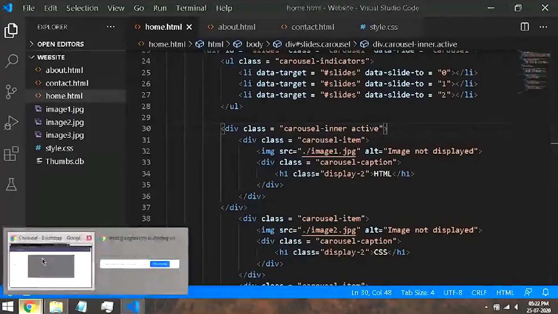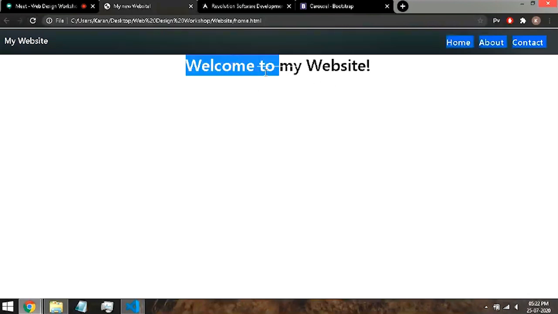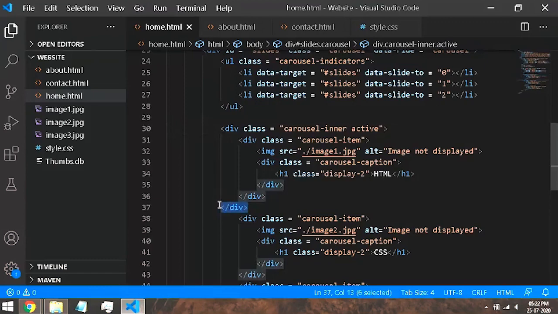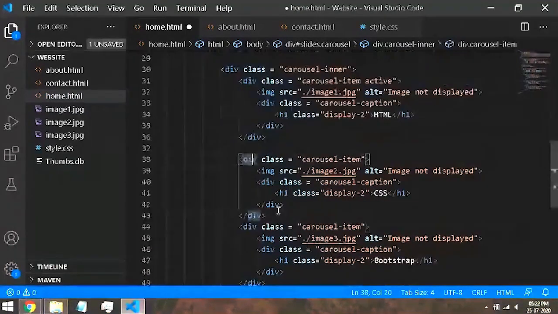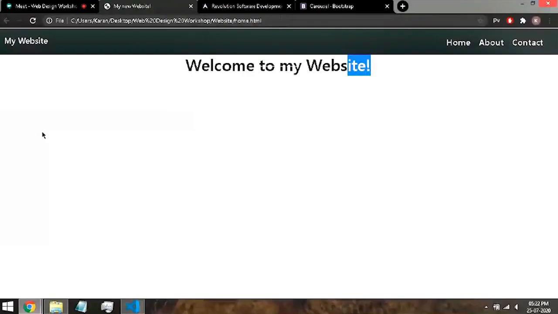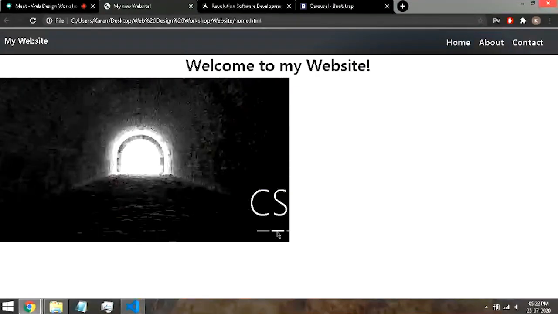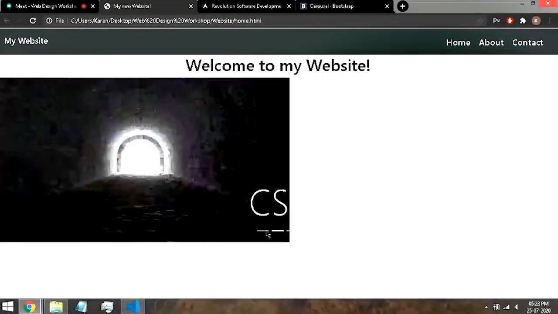Now if I save, if I hit refresh, okay, something went wrong. Now we need to check out what that was. So yes, active is not supposed to be specified here. It is supposed to be specified here. And this division tag does not contain these 3 items. So yes. Now let's save and hit refresh. As you can see, our carousel was created, but it is not aligned as it should be, but the buttons are at least working. See, these buttons are working.